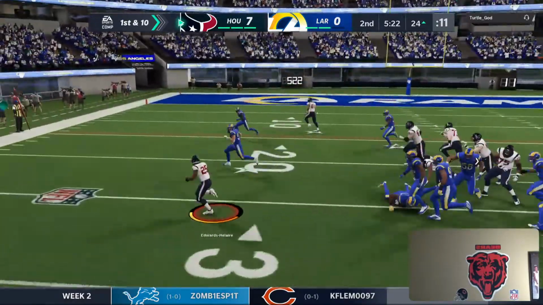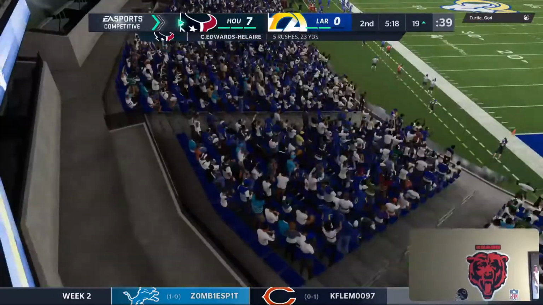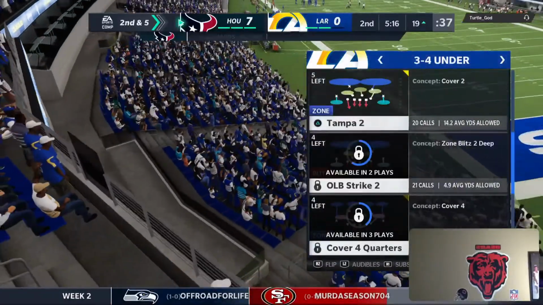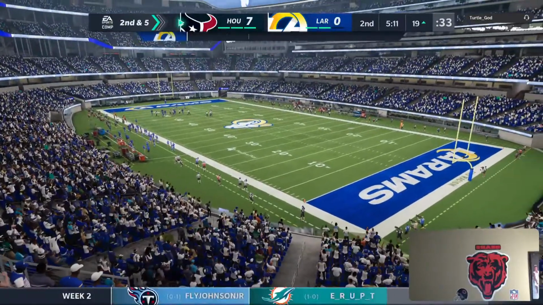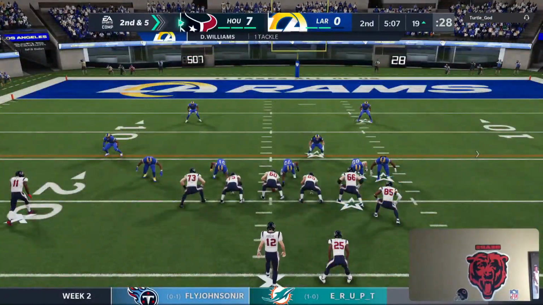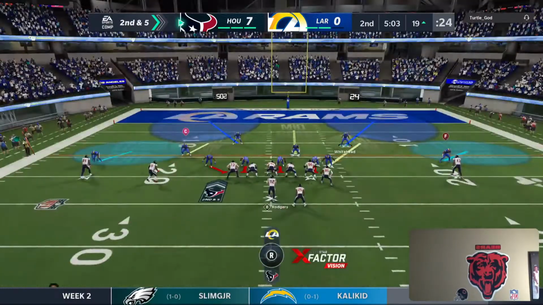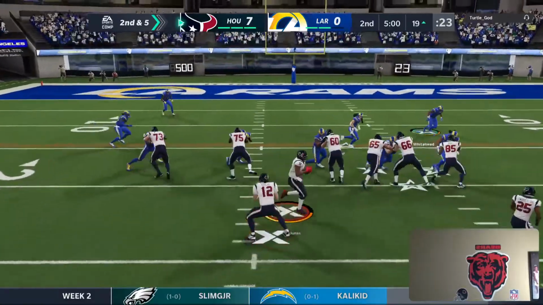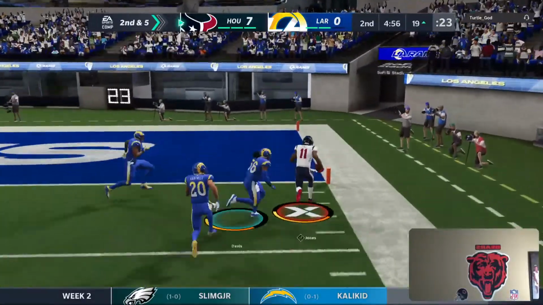Here's Edwards-Helaire. And he'll get about 5 here as he'll take this down inside the 20-yard line. The ball carrier. That's a really nice job by them picking up the run blitz and detecting it and blocking it and turning it into a nice run. And a lot of times you think if you blitz a running play, you're going to smother it. But a lot of the blitzers, they come in a little bit high. They don't have great leverage, and they're easily...